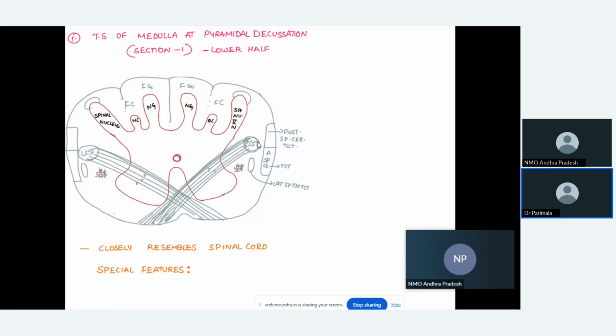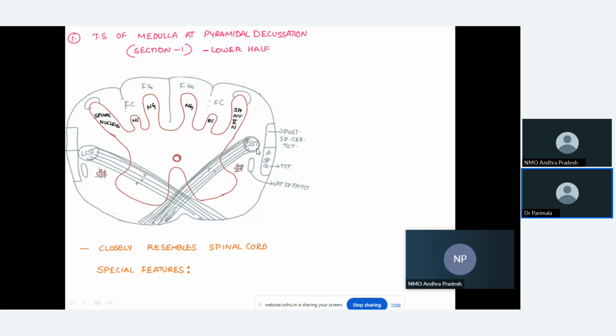Then coming to the anterior part. Here, the bulges which we are seeing are pyramids. At the lower end of the pyramids, the pyramidal tract fibers sweep dorsally. Very, very important word I am saying. The fibers of the pyramidal tract sweep dorsally and laterally because they are the most anterior fibers. They can't decussate in the air, isn't it? So they will be decussating back. They decussate dorsally and laterally. The fibers of the pyramidal tract decussate or sweep dorsolaterally, resulting in the formation of lateral corticospinal tract.